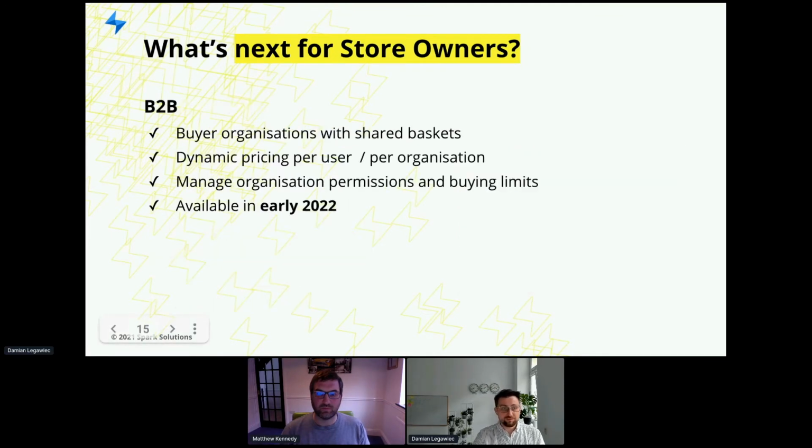B2B is another segment that we would like to introduce to Spree core. We want Spree to be a multi-purpose e-commerce platform serving the needs of different types of customers. B2B is one of the key trends in e-commerce that has risen to prominence last year. Based on our experience of working on several huge B2B projects in the last few months, we're planning to fully support this business model in Spree 5.0 out of the box.